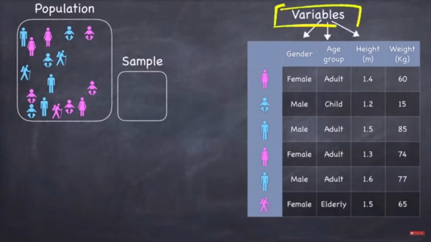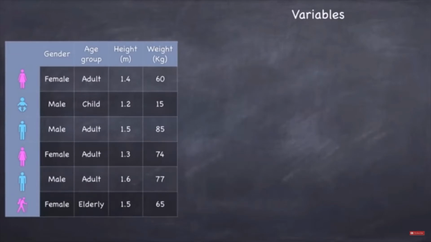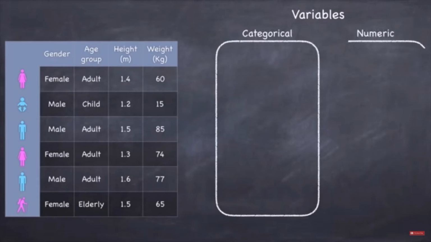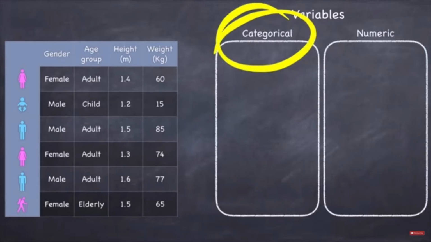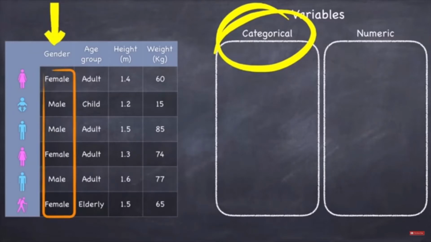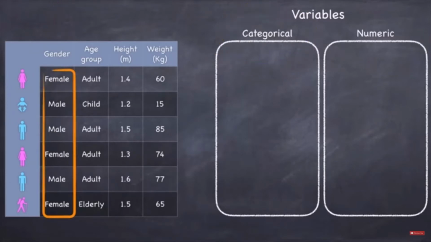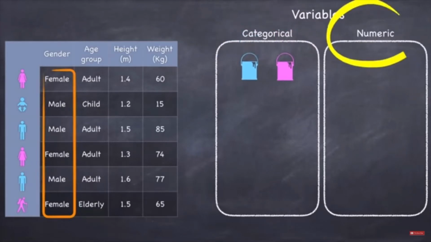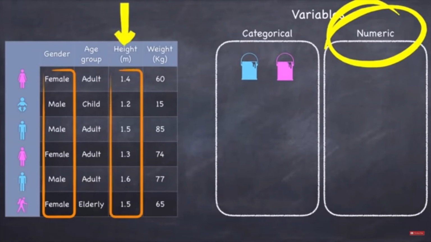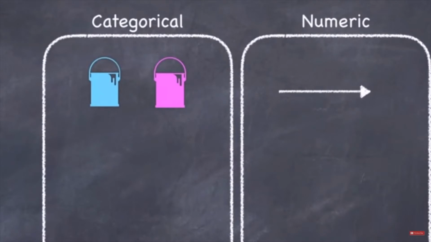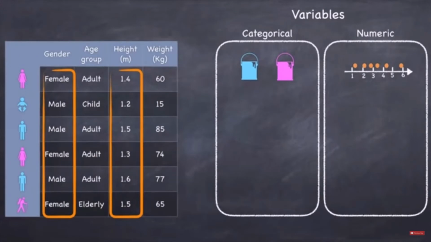Now, everything that we would arrange into a column in this spreadsheet we could call a variable. With most data sets that you work with, it'll contain at least two different types of variable. On some occasions, you'll encounter what's called a categorical variable, where you arrange characteristics of the population into categories, and in other circumstances we have what are often called numerical variables, or sometimes continuous, where we can arrange them along a line